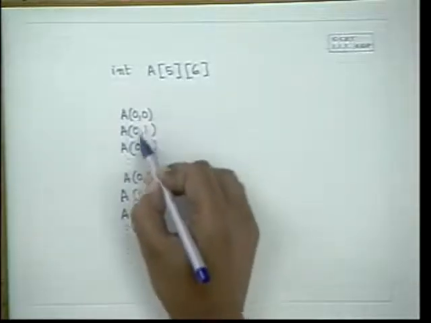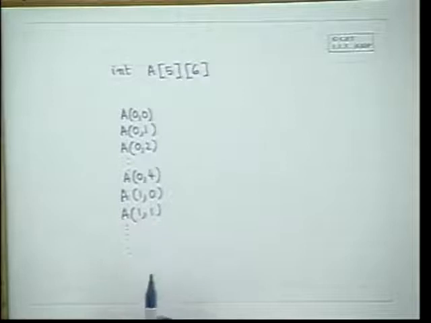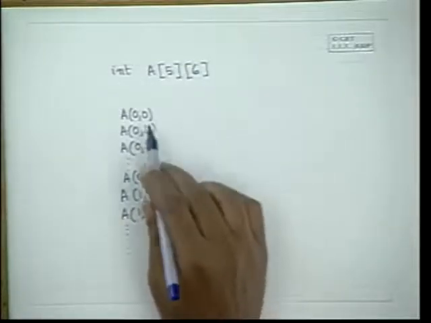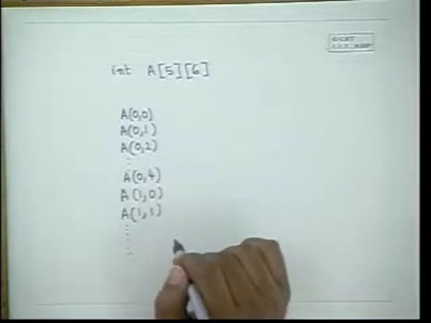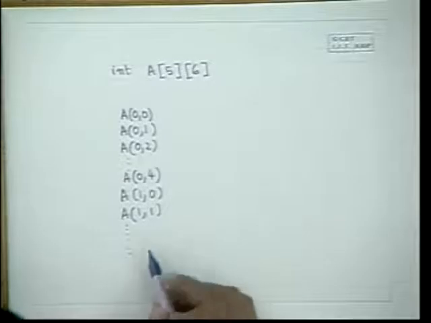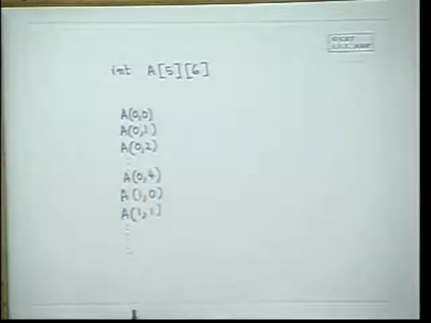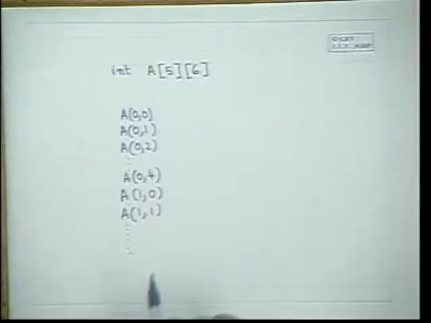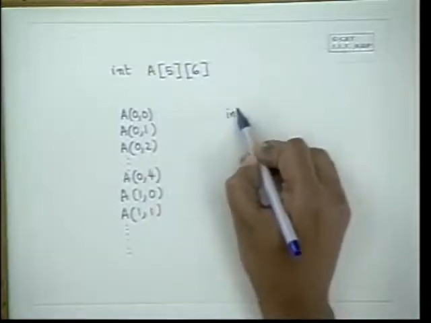This is how they are stored in the contiguous locations of the memory. We'll run programs to just check it out. You can print out addresses and check what the exact values are, so it will not be difficult to see what they mean. So this is the sequence of contiguous locations, and if you declare